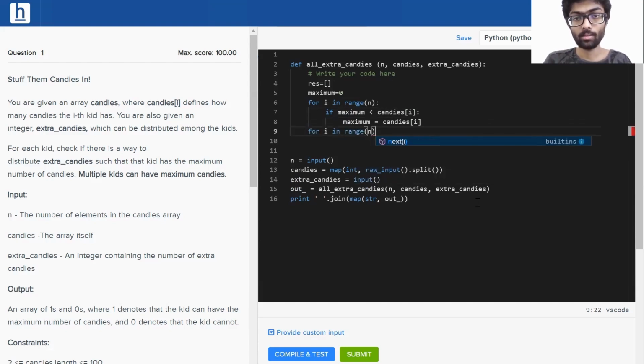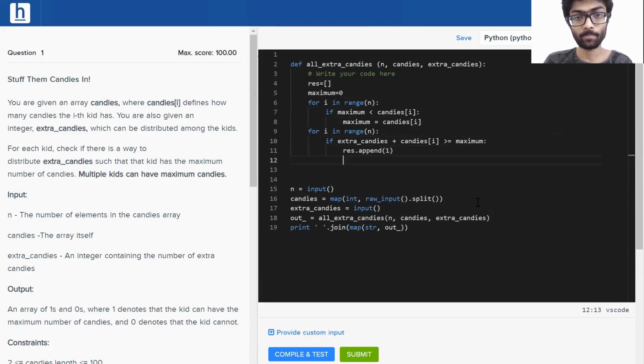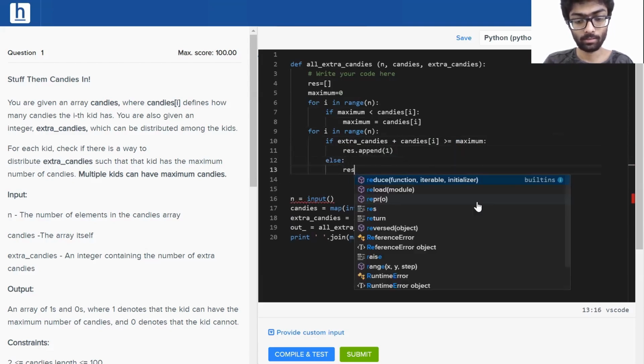Next, we've got to add every single extra candy to candies of I and figure out if that value is greater than or equal to maximum. If it is, the result is 1. If it's not, the result is 0. So if this condition is true, the result is 1. If it is not, the result is 0.